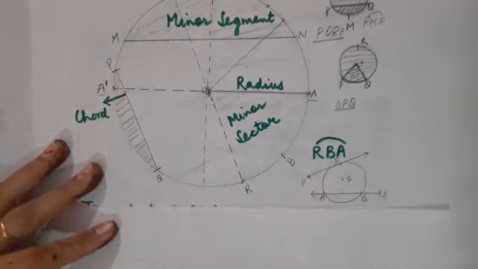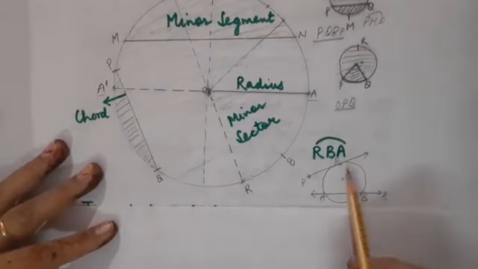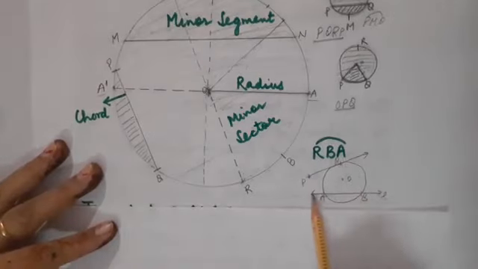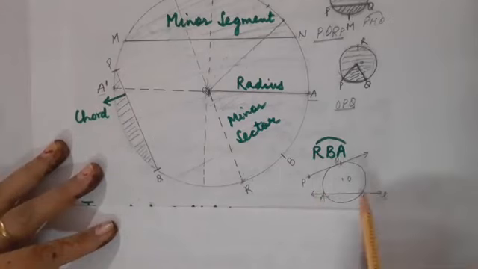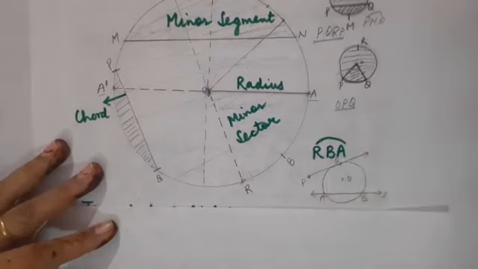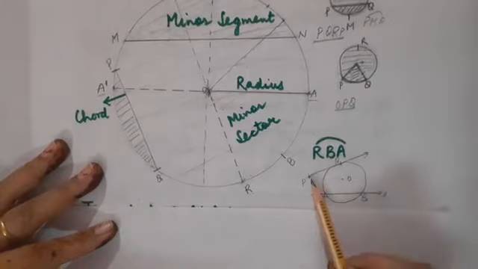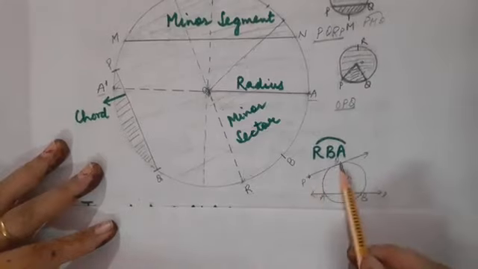Clear? If anybody asks you the difference between tangent and secant, then you will say that secant is a line which intersects the circle at 2 points, but tangent is a ray, or you can even call it a line also, fine, which is always drawn from the external point of the circle and it always touches the circle exactly at 1 point. Correct?